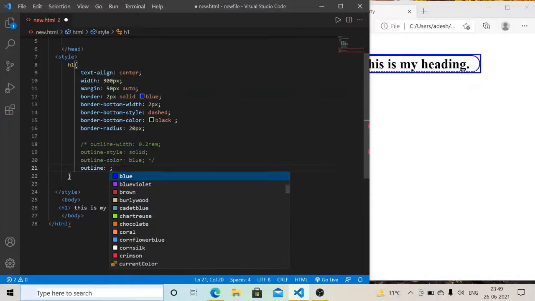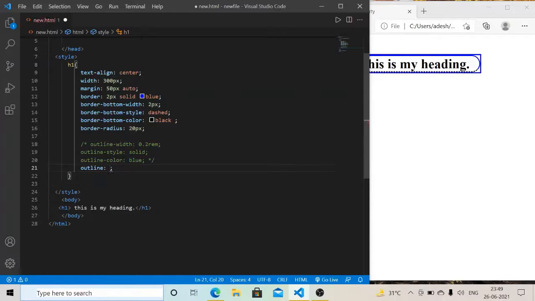In the single line you have to give the width first, however much width you want, I give 2 pixel here. After that you give a space and then the style.